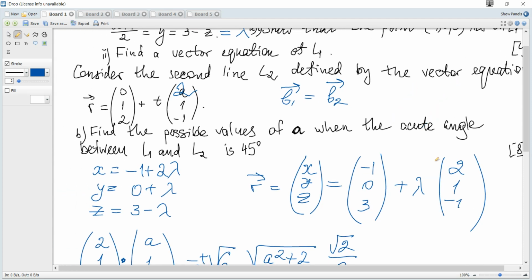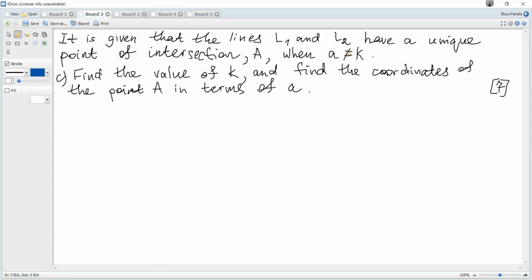So to have a unique point of intersection, a cannot be equal to 2. So k is 2, and